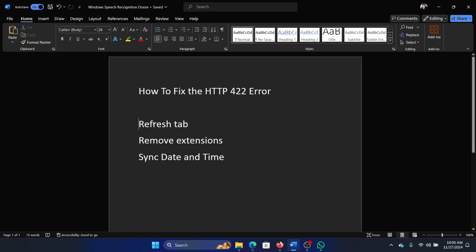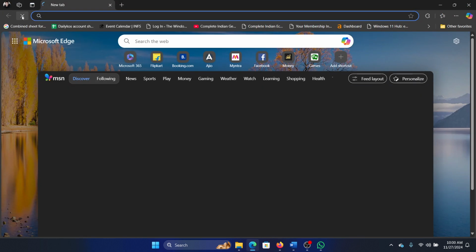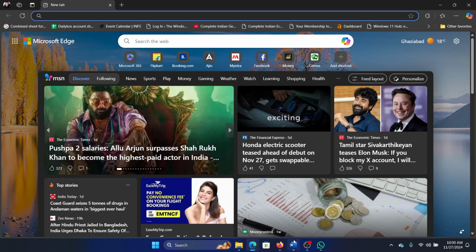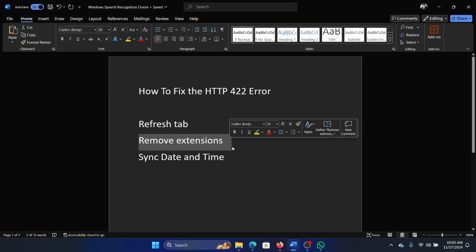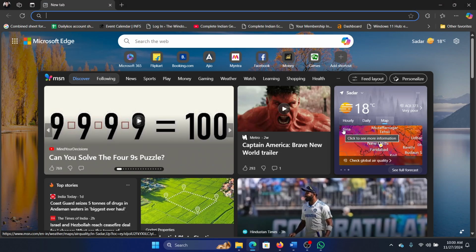The first solution is to refresh the tab. For example, if this tab is open, just click on the refresh button here. The second solution is to remove extensions. But yes, I'll suggest one more thing before this. Close the browser, open it once again. Does this help? If not, then